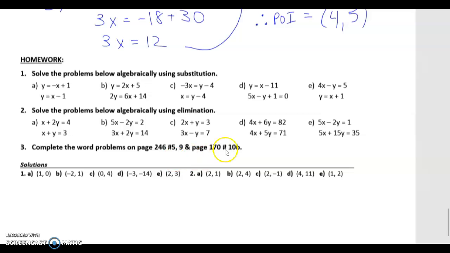And then in your textbook, there are a couple of word problems I'd like you to look at. Homework 1 and 2 that is not in your textbook. Solutions are here for you. Have a good day, guys. Let me know if you have